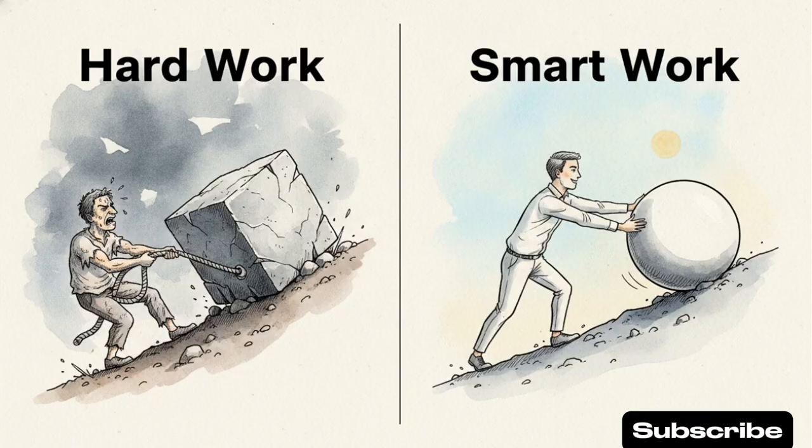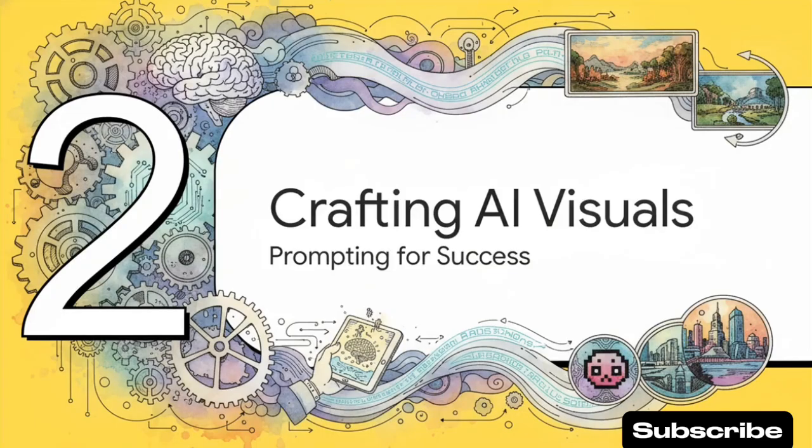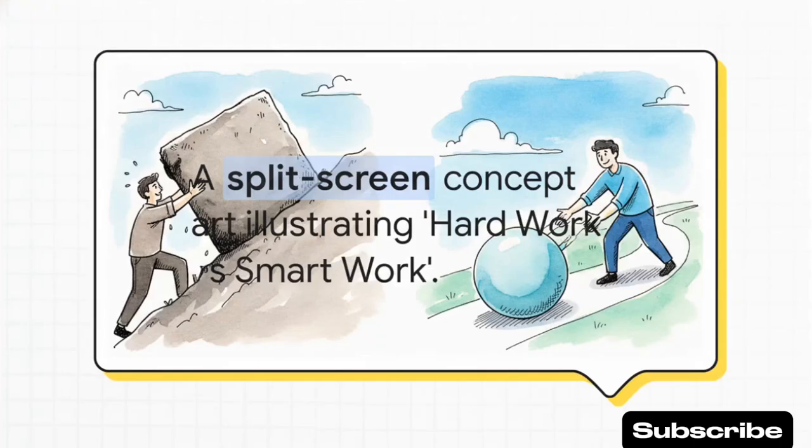It hooks us right away because, let's be honest, we can all relate to the pain of pushing that cube. So let's see how this actually builds into real AI generation. Moving right along to section 2, crafting perfect AI visuals. So how exactly do we command powerful AI image generators like Midjourney or DALL-E 3 to bring this to life in totally different styles? Well, here's our first prompt, what our source calls Concept A.